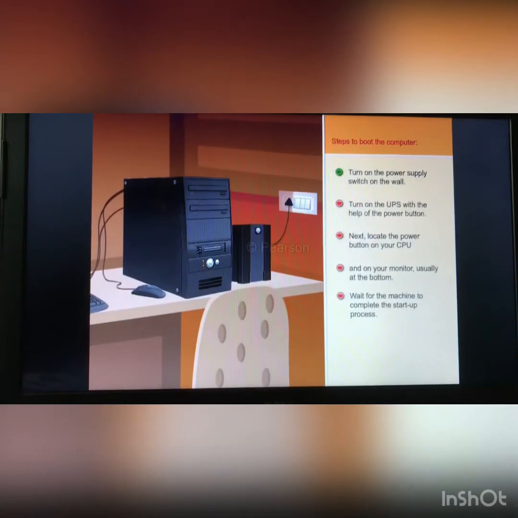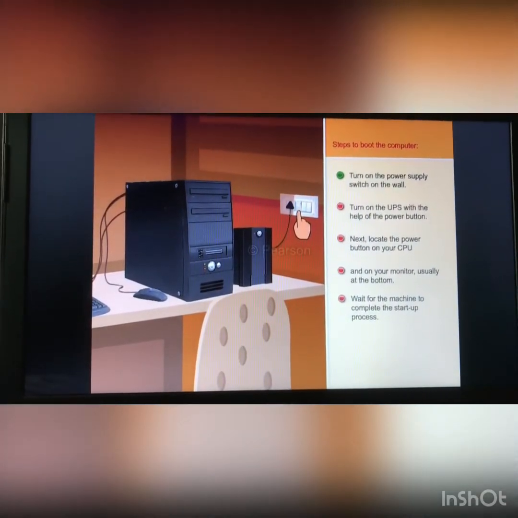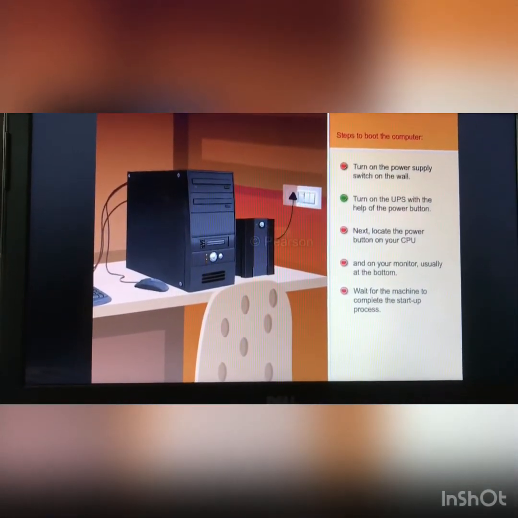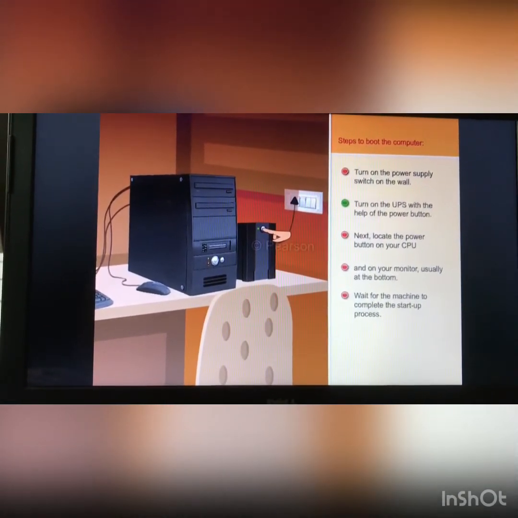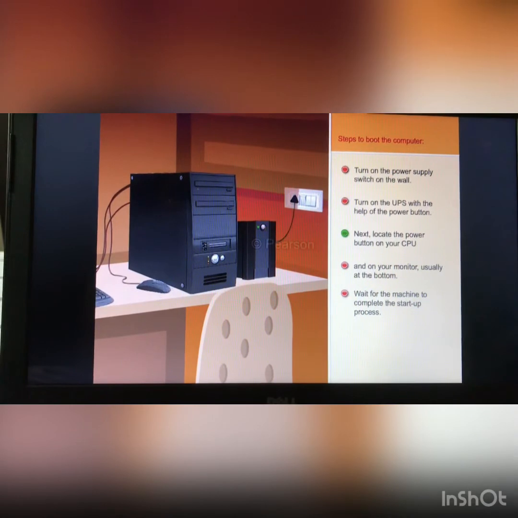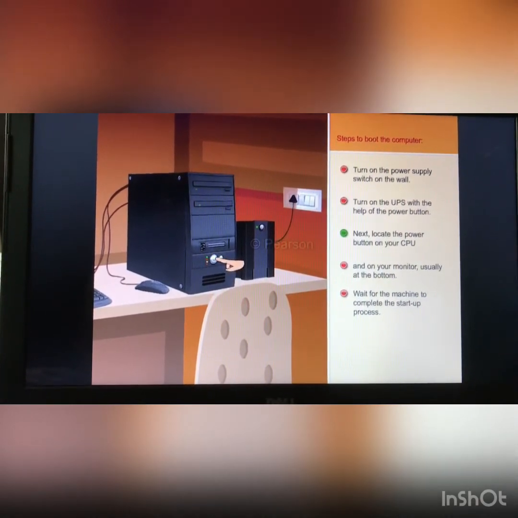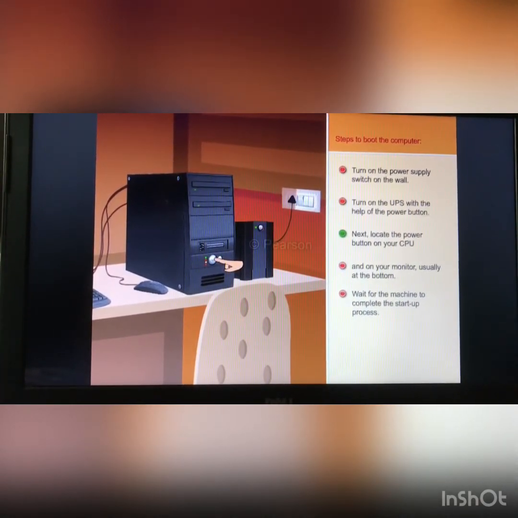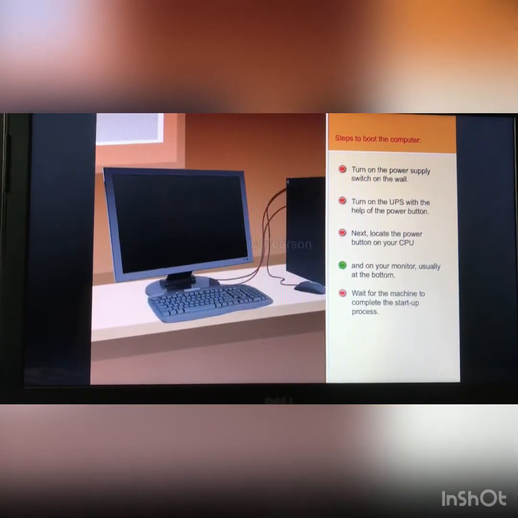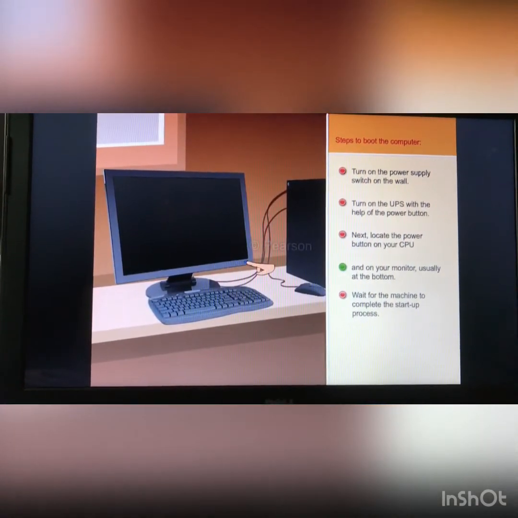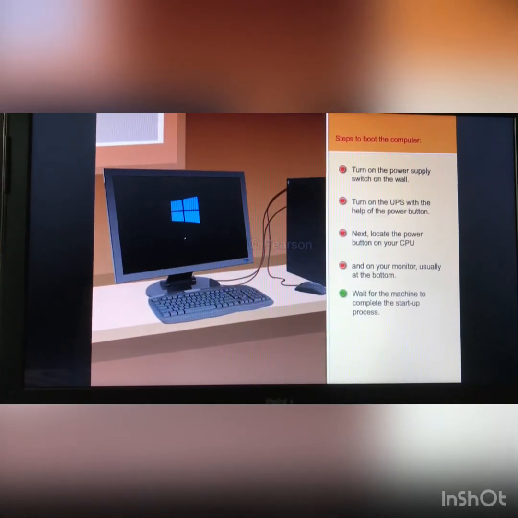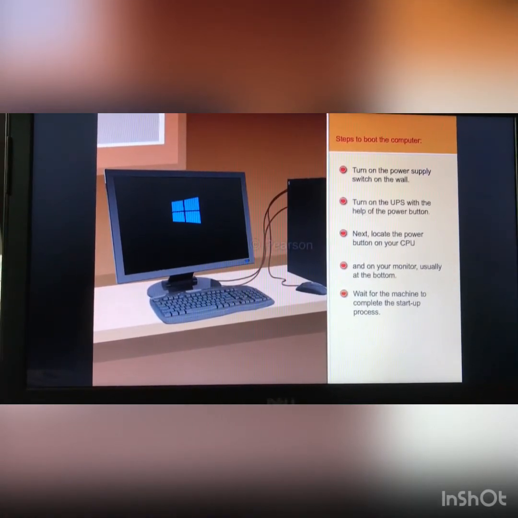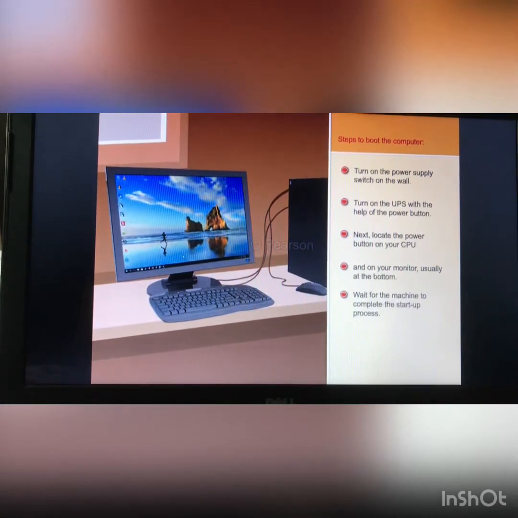First, turn on the power supply switch on the wall. Next, turn on the UPS by pressing its power button. Next, locate the power button on your CPU and on your monitor, usually at the bottom. Wait for the machine to complete the startup process. Do you see a screen appear on your monitor?